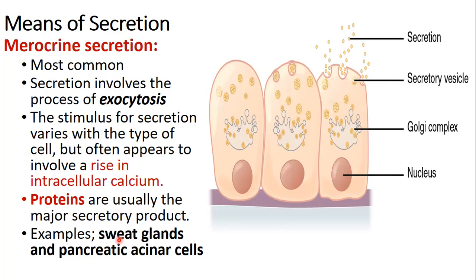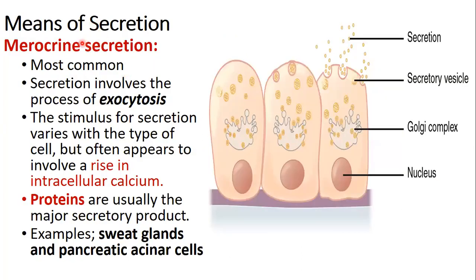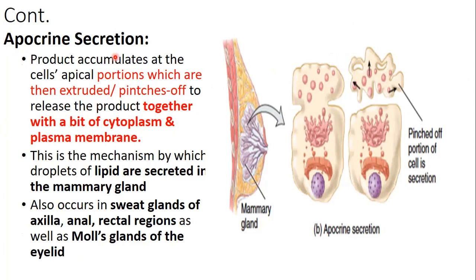Let's look at another type or mechanism of secretion known as apocrine secretion. Glands that secrete in the previous manner, we call merocrine glands. What about apocrine glands? Let's look at what is happening to the cell here. The cell will synthesize the product that it needs, or what the gland needs. Then when the gland is stimulated to secrete that product,